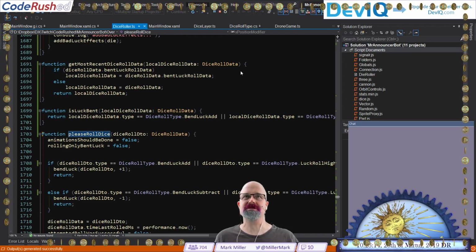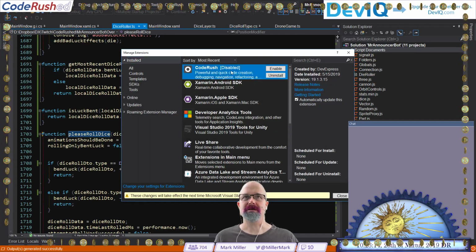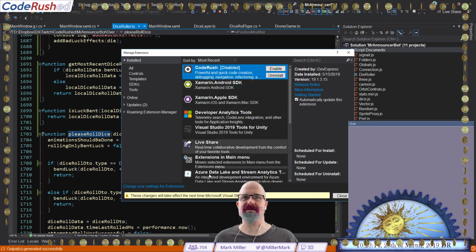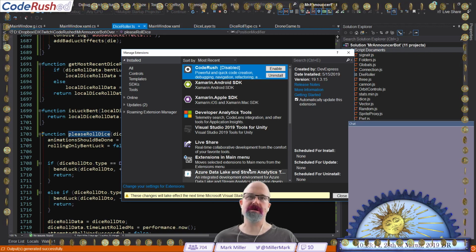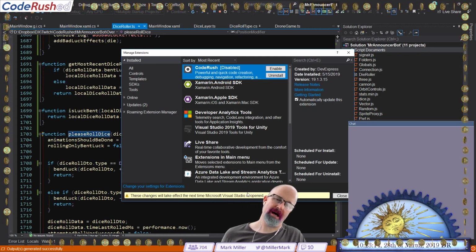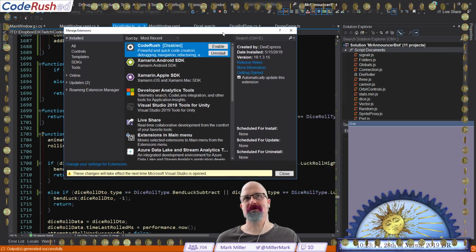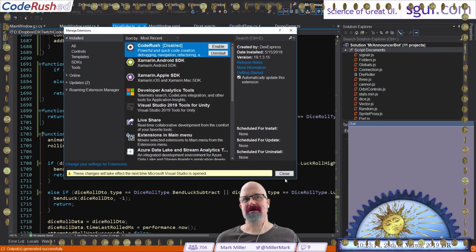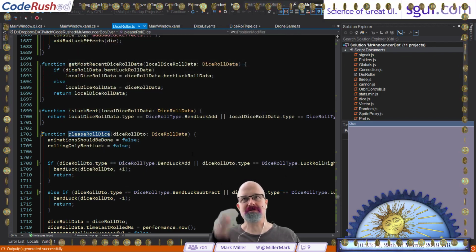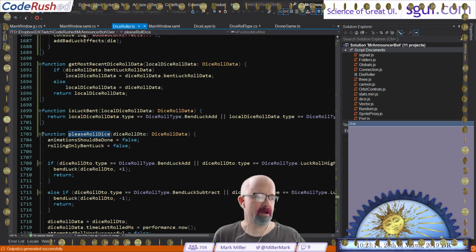So over here, Manage Extensions, is it still disabled? Yeah, it's still disabled, but it does not apply to new instances of Visual Studio, I think, until it says these changes will take effect the next time Microsoft Visual Studio is opened. But I'm going to argue you close this in order to save the setting in the first place. You have to close this. I think that's not true. So I think that was a Visual Studio bug. So anyway,